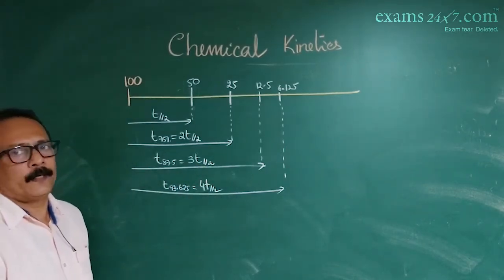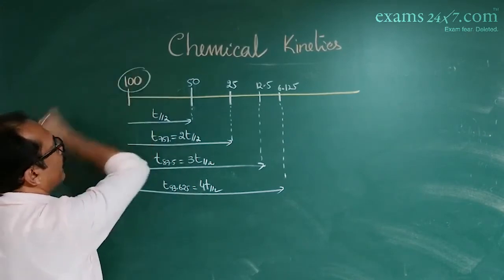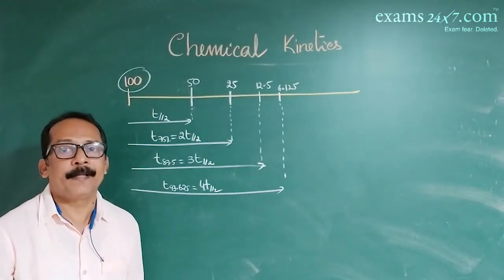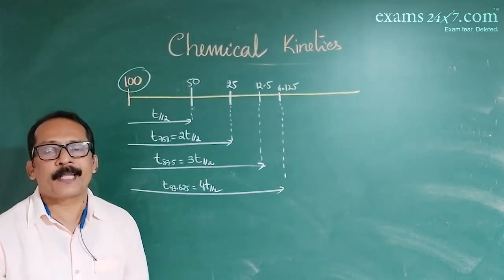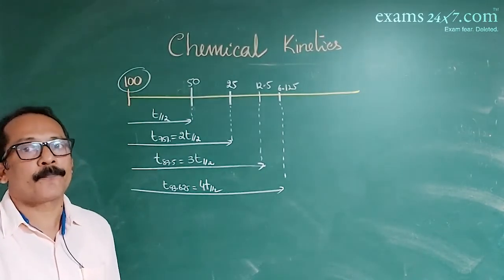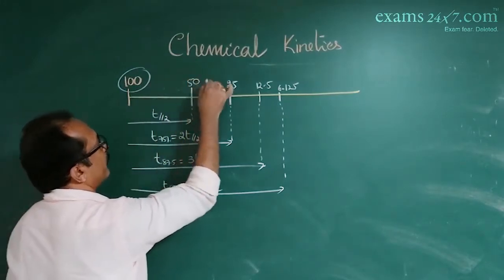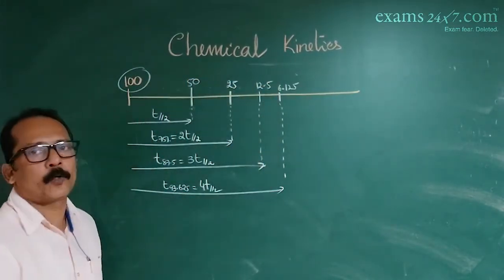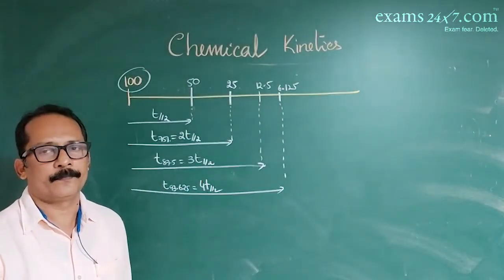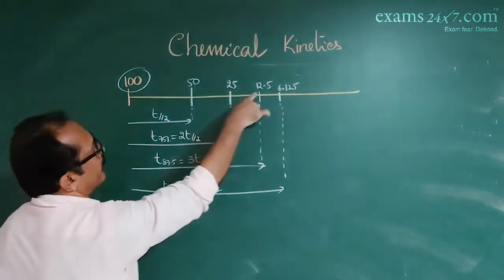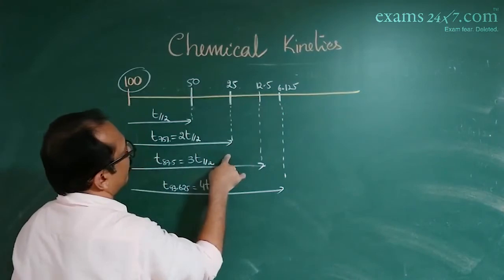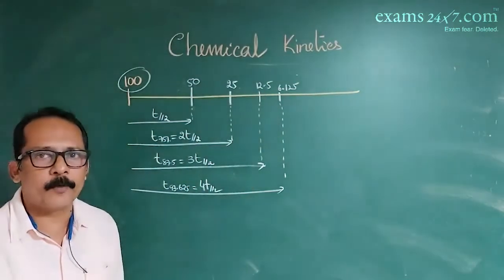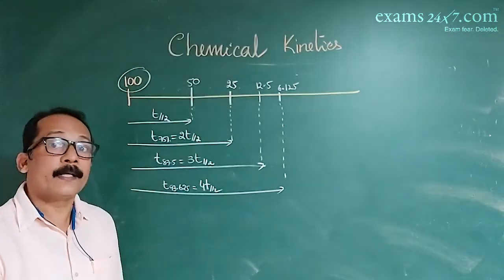Now just look here. If the reaction is started with 100 gram, half-life is 10 minutes. After 40 minutes, how much is remaining? After 10 minutes, 40 minutes, the remaining is how much? 6.125. Or after 30 minutes, how much is remaining? Means 3 half-life process. So that is 12.5. Remaining amount is 12.5. Like this you can work out.